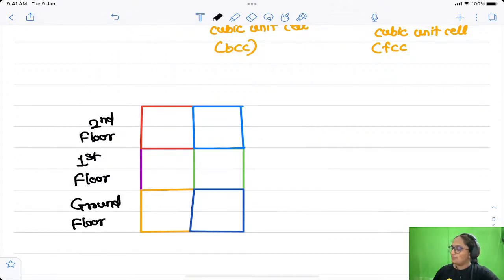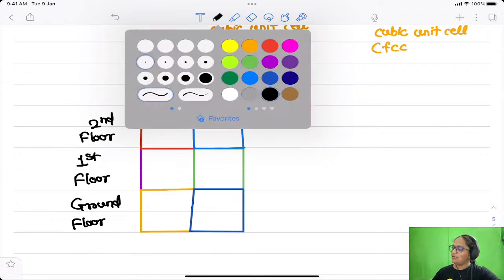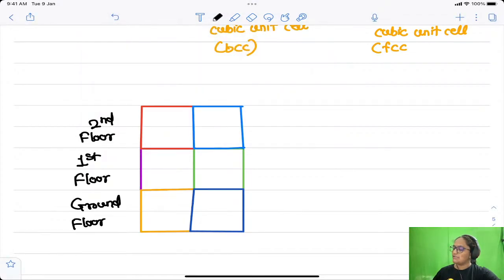Now this is your room, right? As I have told you, every cube has 8 corners. But forget about 8 corners; here I am just showing a square for the understanding purpose. All the rooms are cubical in nature, they are just cubes. Now assume that this is the atom at the corner of my room. I am sitting here, and this is one corner of my room which I am observing. If there is an atom at this position,